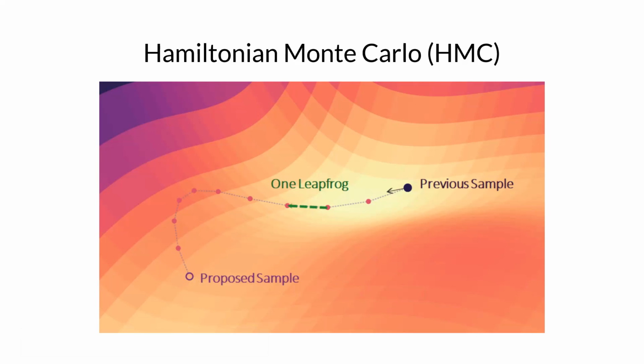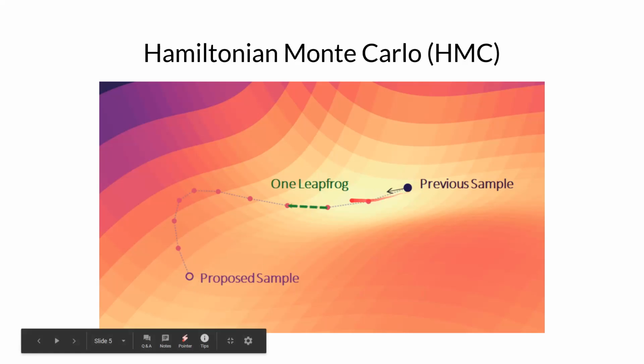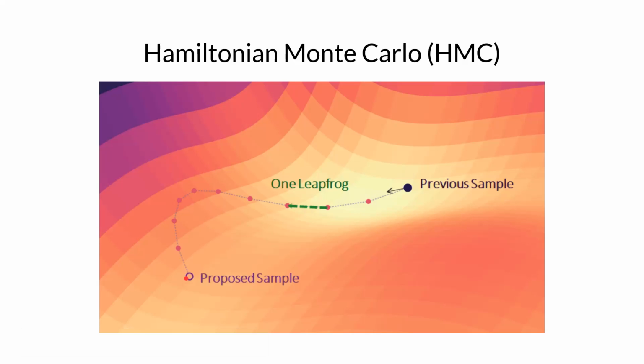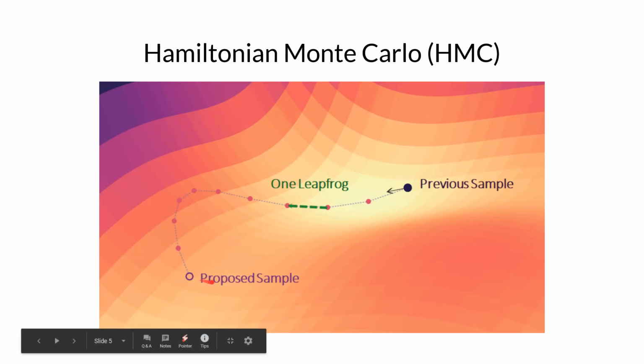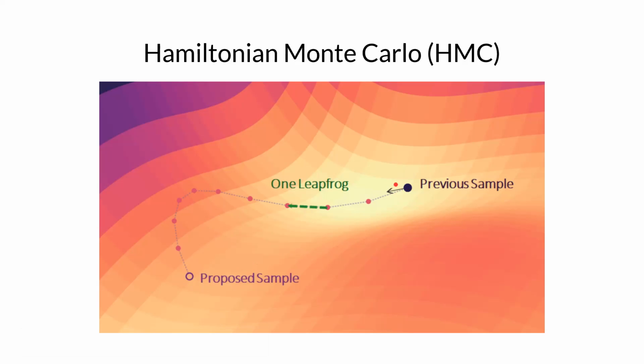The other thing that's great about this algorithm is that if this simulation was perfect, we can prove that we don't even have to do the accept-or-reject step of the proposed sample that we have in Metropolis-Hastings, because if the simulation was perfect, we will always accept. This sample is always going to be a sample from the distribution if the starting point is a sample from the distribution. Of course, in practice, we can't simulate this exactly, and we use numerical integration methods. In the case of HMC, that's usually the leapfrog algorithm.